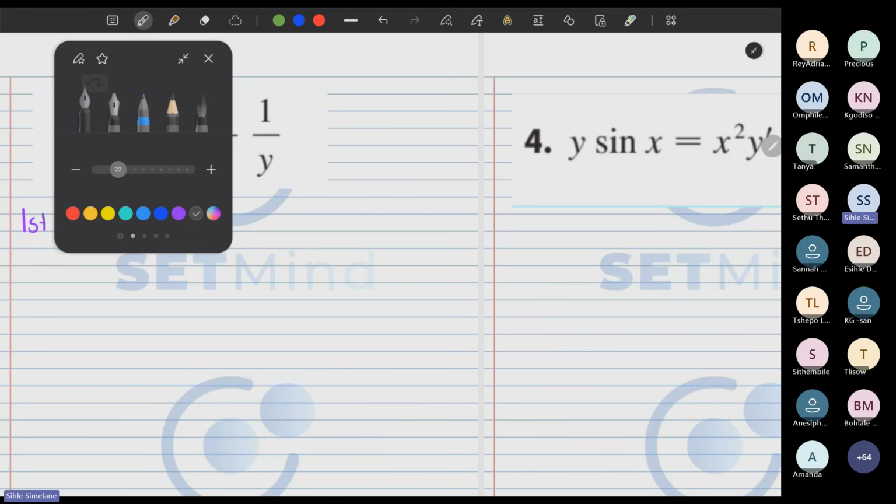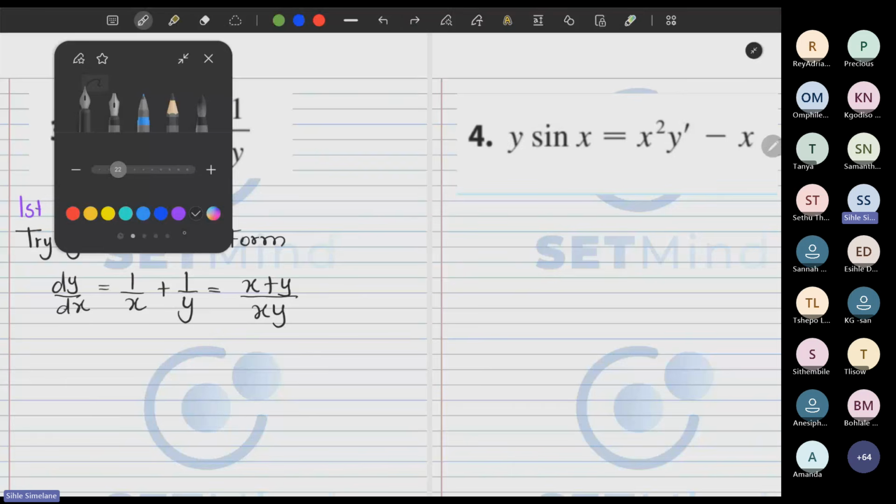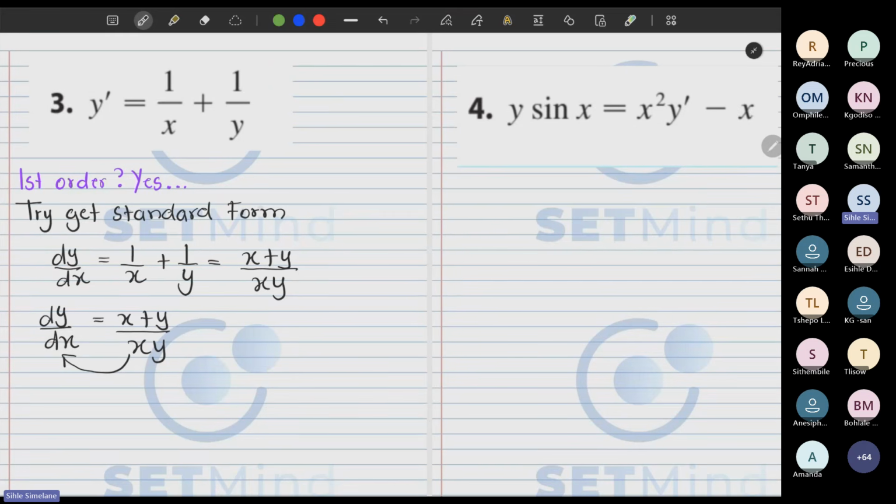So if you look carefully, what we have is dy dx equaling 1 over x plus 1 over y. If you just combine these, you will get (x plus y) divided by xy, okay? And then what we can now do is cross multiplication. Well, not cross multiplication, we can't do that. So dy dx equals (x plus y) divided by xy. So we can try and not have fractions. So when we multiply the other side, we end up getting xy dy dx